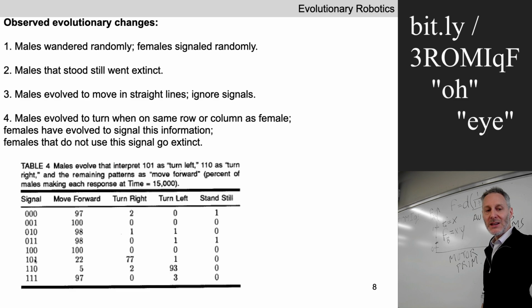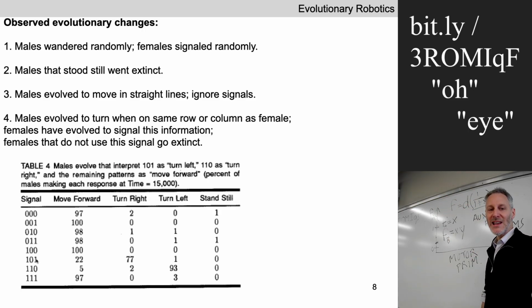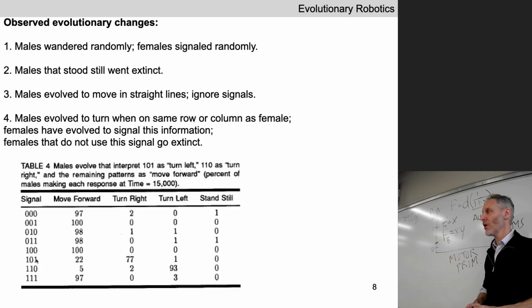So it must be that the females are, quote unquote, choosing to emit 101 at the right time under the right circumstances, which is probably that the females sense a male that is in their territory but heading in the wrong direction, and the female says, turn right, and the males obey. When the males turn right, what do you think happens at that time step? Assuming this male listened and obeyed,